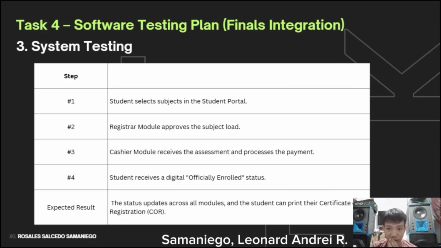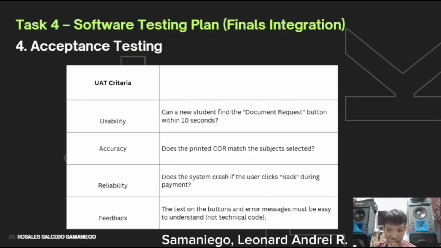Next is system testing, where we test the entire workflow. We'll simulate a full enrollment cycle from selecting subjects to payment to ensure all components work. Next is acceptance testing. Once the functions work, we bring in actual users. We will check if the system is easy to navigate and if the printed documents are accurate.